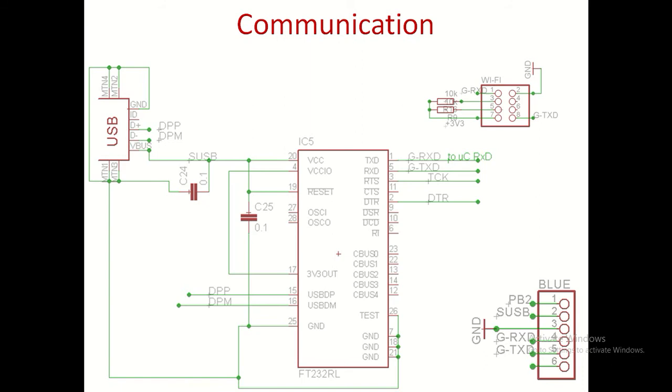Okay, so finally the communication. So how do I communicate? Since the microcontroller right now is connected to a USB port, though it doesn't have inbuilt USB, I want to use the computer's USB connected to the microcontroller UART. So this FT232 IC converts UART to the USB communication protocol. This is a slight requirement, because laptops and computers nowadays don't have UART, so we require a protocol converter.